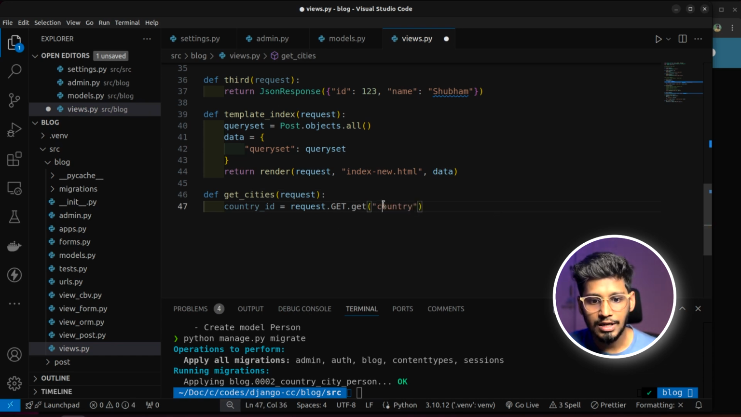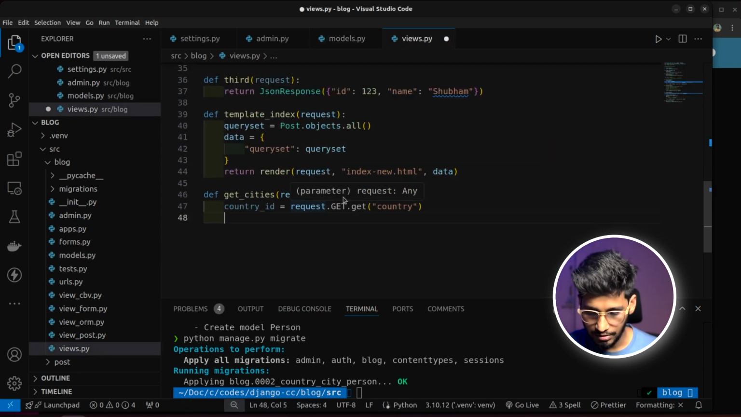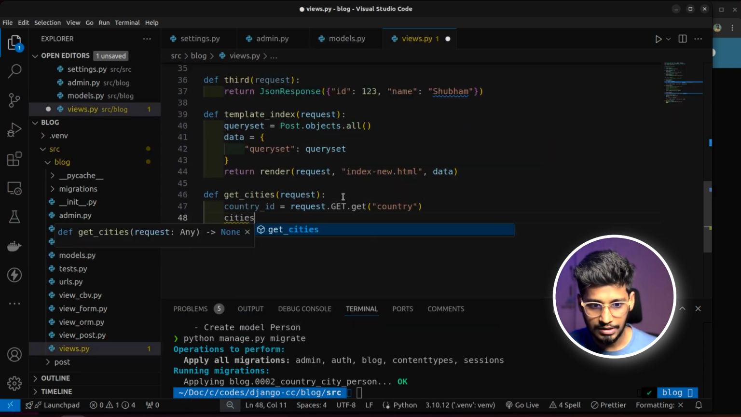So what I'm doing is I'm taking country from the request, that means query params. Then we'll filter the city model with that particular country. So let's go ahead and filter it out. So I'll say cities equal to